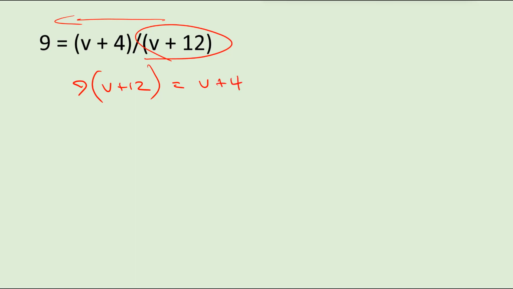Now that that v plus 4 isn't being divided by anything, we don't need the grouping symbols, we don't need the brackets there. Right, so on the left-hand side, let's get rid of our brackets. We've got 9 into v plus 12. Let's expand that out, and we have 9v, because it's 9 times the v. Remember, this thing is multiplied by this, but it's also multiplied by this. So we have 9v plus, well, 12 nines are 108 equals v plus